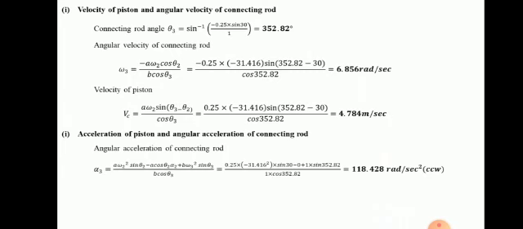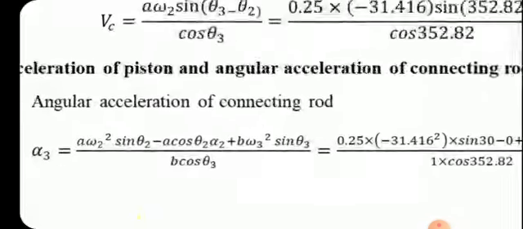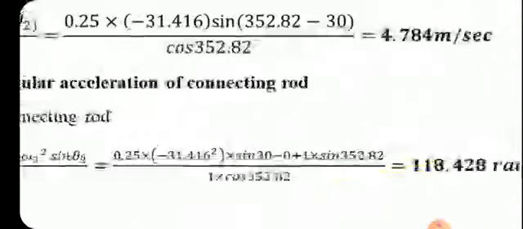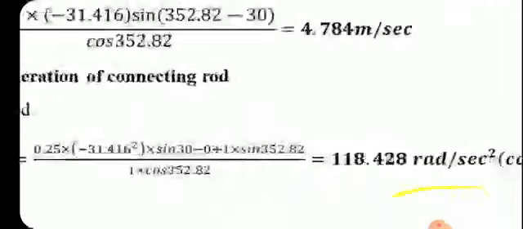First let us calculate alpha 3, the angular acceleration of the connecting rod. Alpha 3 is A omega 2 square sin theta 2 minus A cos theta 2 alpha 2 plus B omega 3 square into sin theta 3, divided by B cos theta 3. Take similar steps to the equations you derived: draw the diagram and calculate. Length of B is 1 because 1000 mm is 1 meter. We get 118.428 radian per second square,